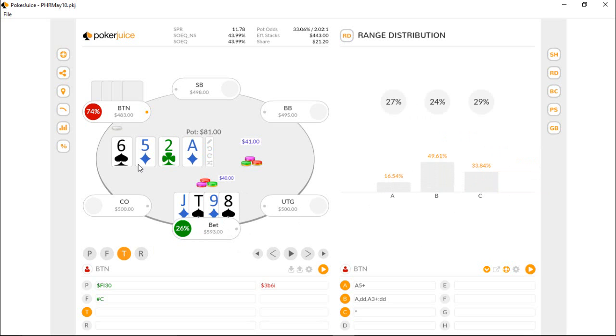And if he continues, then we're going to go ahead to the river and basically bet the right cards and decide there. But I'm pretty much going to be at the bottom of my range most of the time if I miss on the river. So I'm probably expecting to bet, trying to blow him off of a capped range. He does go ahead and call, so we will go ahead and give him